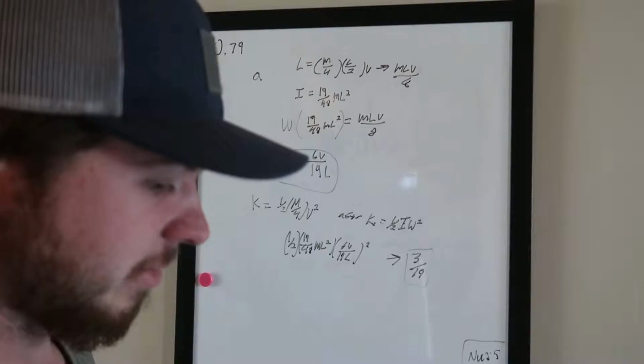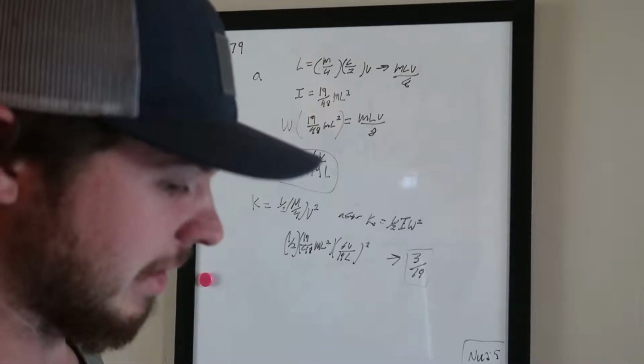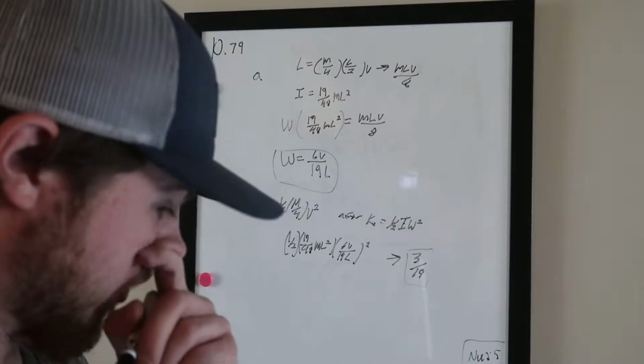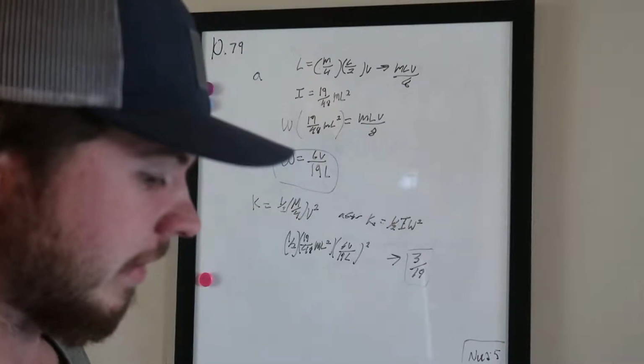What is the final angular speed of the rod, and what is the ratio of kinetic energy of the system after the collision to the kinetic energy of the bullet before the collision? And so,